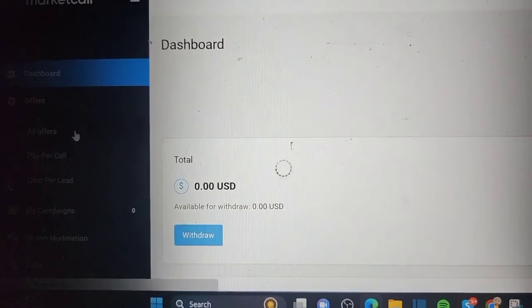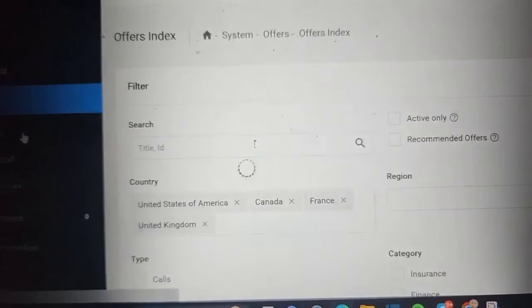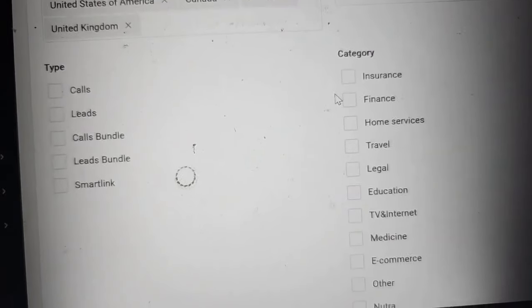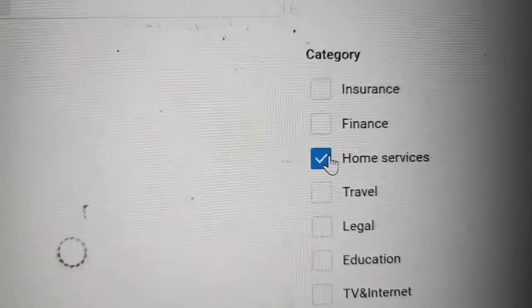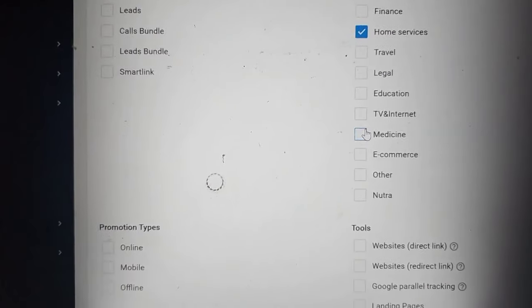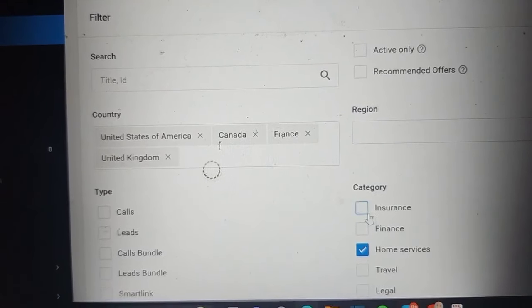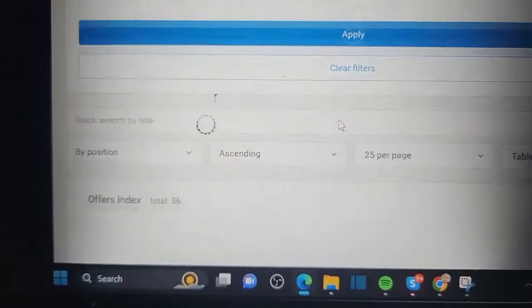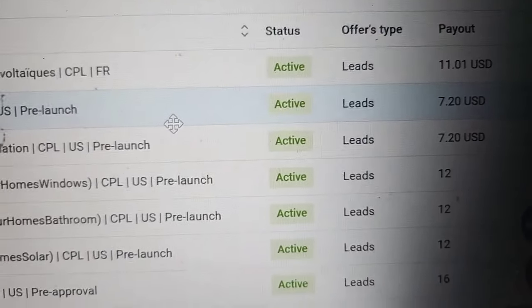I suggest you guys filter offers that are related to home services, some offers that accept offline marketing. You can use them. So if I go to the category right now, I'm going to go to home services and check this. When I check this, I wait for MarketCall to display all the offers related to home services for me, because I know home services offers convert better. These are the home services offers. You can see these offers are